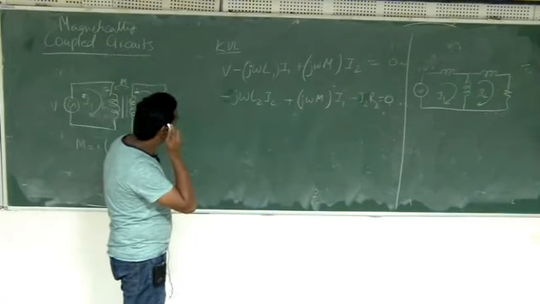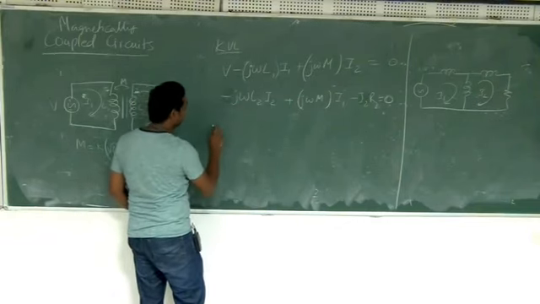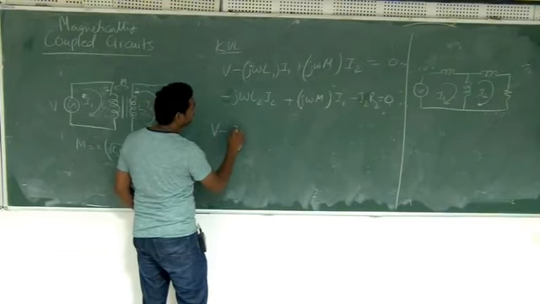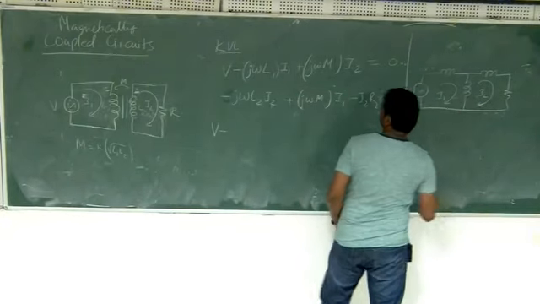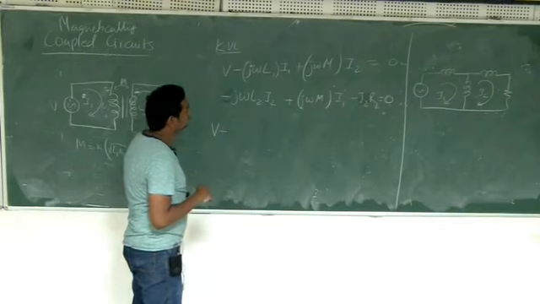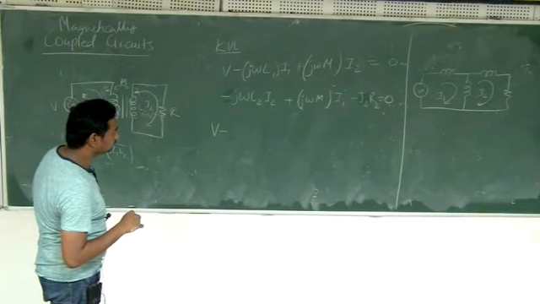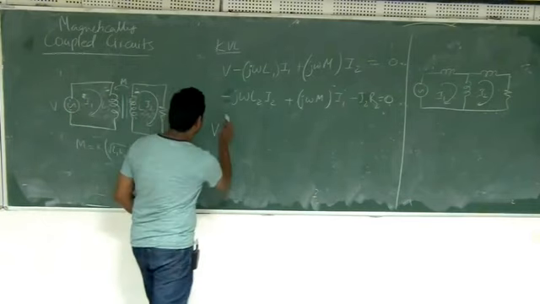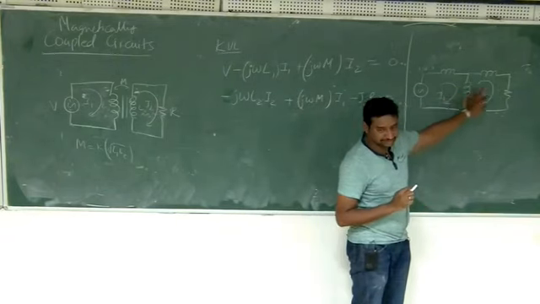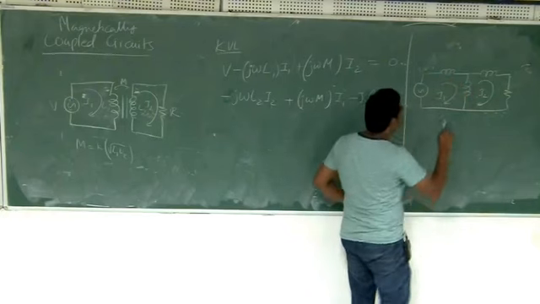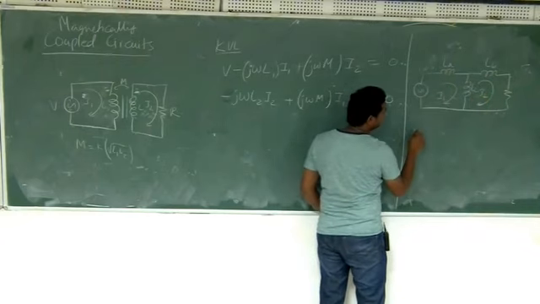Okay. So what I want to do is here V minus, let me see. So here it will be I1 minus I2. Okay. So I think I have to, let's write here. So here there is no mutual inductance between anything. Okay. So let's call this LA, LB and LC. Okay. Now if I write it here, what happens?